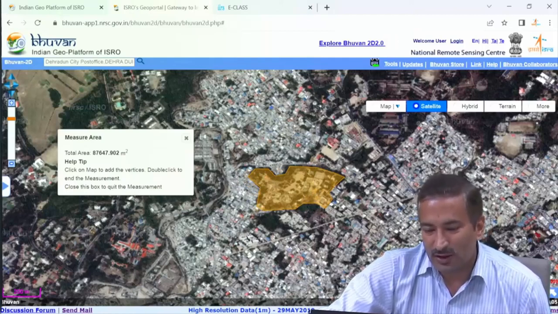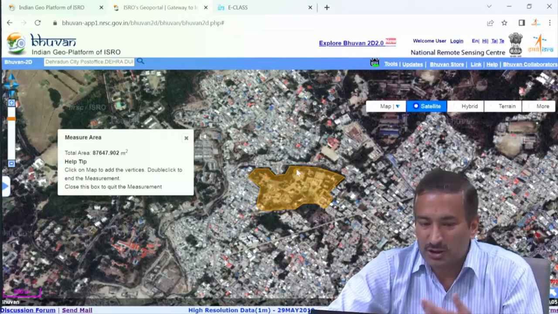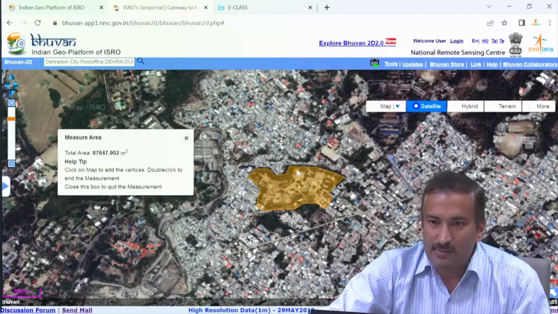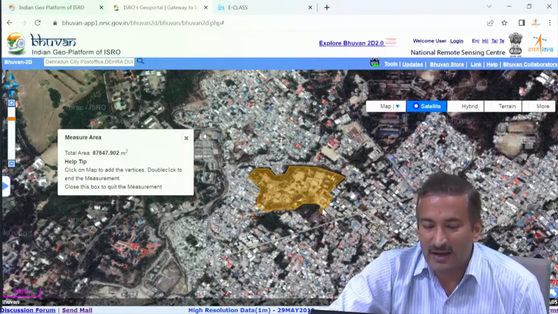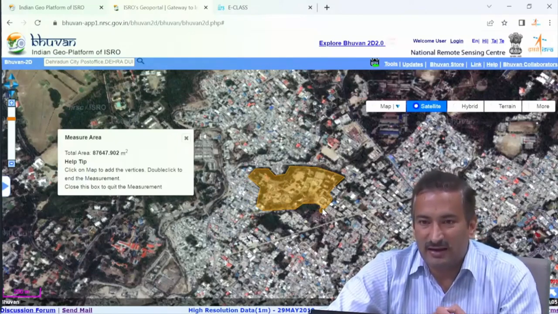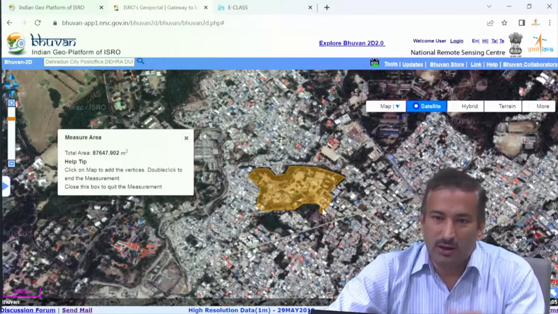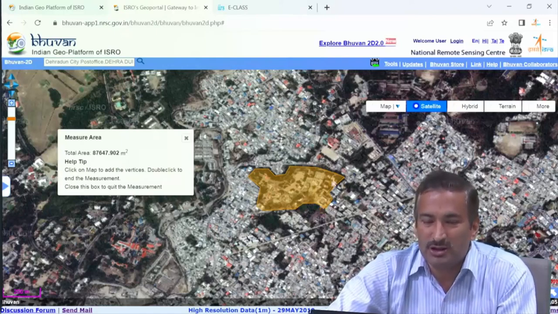What you have to do, you just measure the area of your locality, of your school, we can say, or of your institute in which you are currently employed, in how much area that particular school is spread, and you try to find out whether the measurements coming from this satellite image are correct or not, whether they are true to the ground or not, because you may be very much aware in how much area your school is spread.